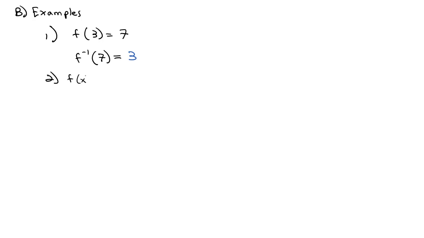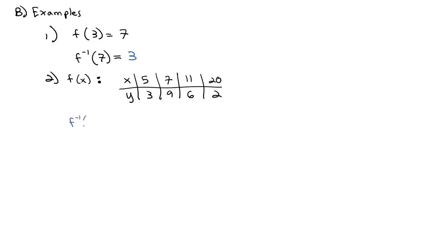Let's say f of x is given by a table where we've got x's and y's. And maybe when x is 5, y might be 3. When x is 7, y might be 9. When x is 11, y might be 6. When x is 20, y might be 2. Well, now if I wanted to make a table for f inverse of x,